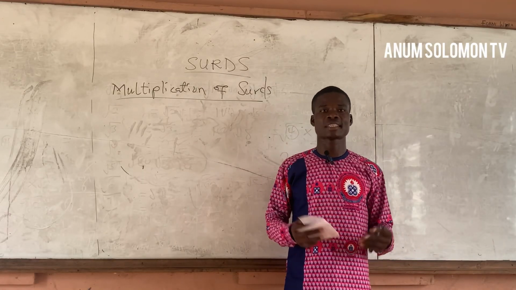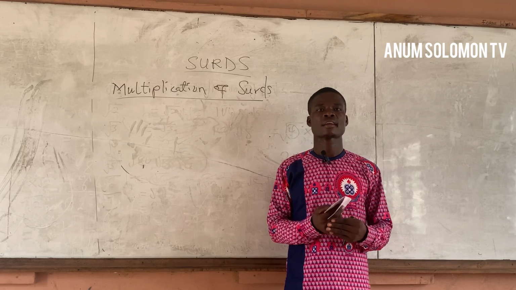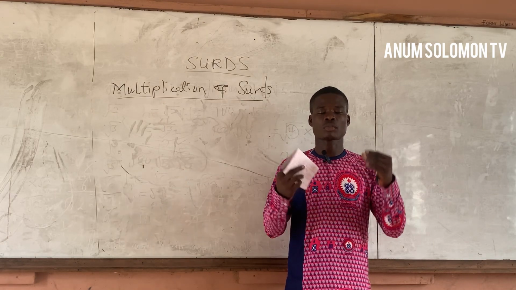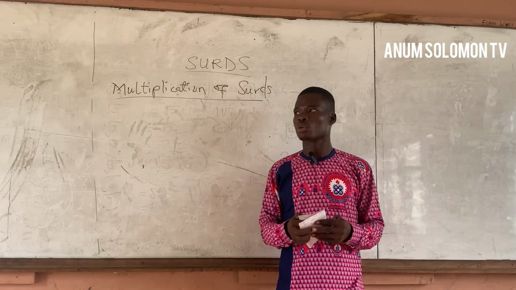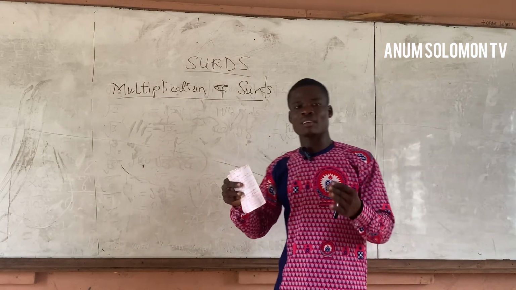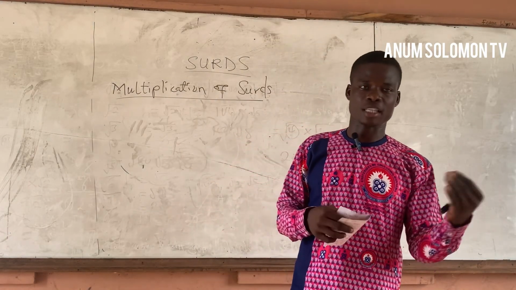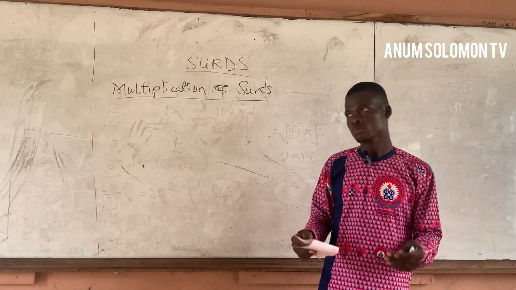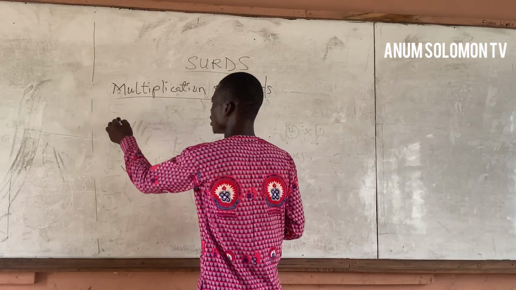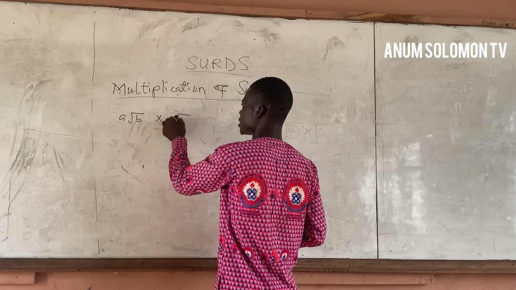So by the end of this lesson, you should be able to multiply a given set. Under multiplication of sets, it's like a normal expansion of brackets, or normal expansion of algebraic brackets. So in this case, if A root B is multiplied by C root D like this one,